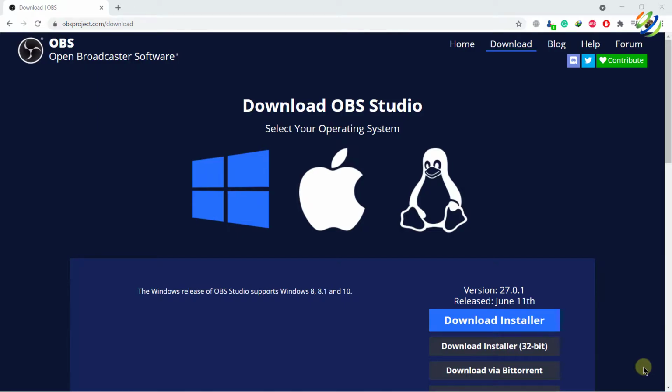OBS Studio is a screen recording and streaming tool. You can use it for different purposes. In today's video, I'll show you how you can download, install, and get started with OBS Studio. So first of all, to download your OBS Studio file, go to